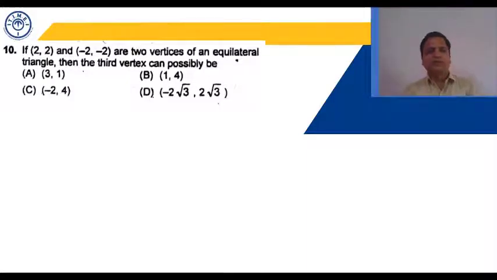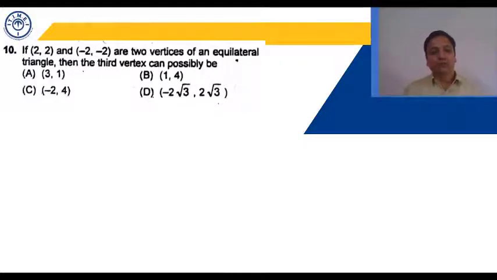One simple method is you draw a triangle, then take two vertices (2, 2) and (-2, -2), and the third coordinate as AB, which you require to find. Let's recall some of the basic properties of equilateral triangles. All angles are 60 degrees. We have just seen it's an acute angle triangle and all sides are equal. We can find the length of one side of the triangle, that is, all the three sides can automatically be found out.